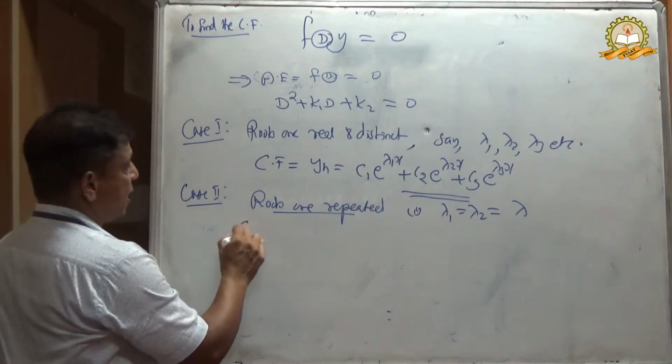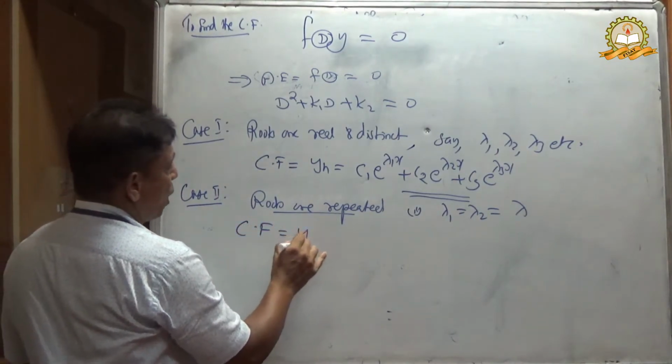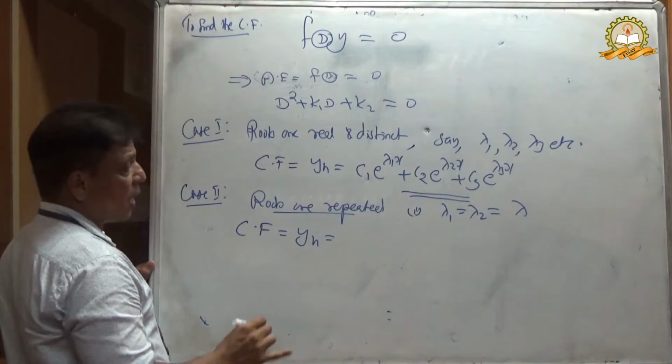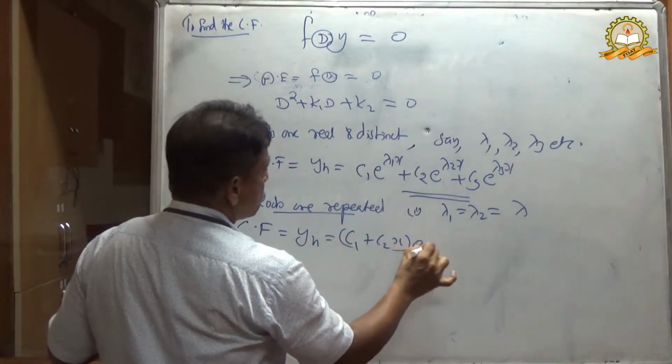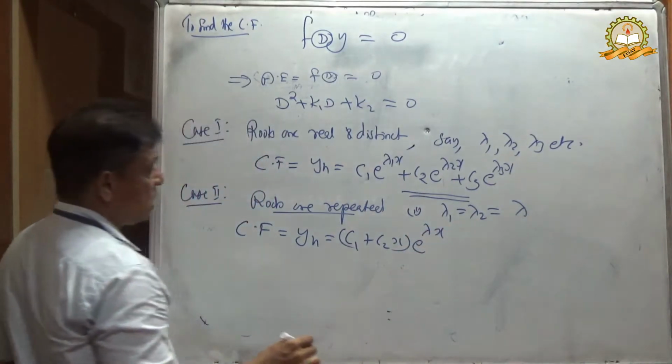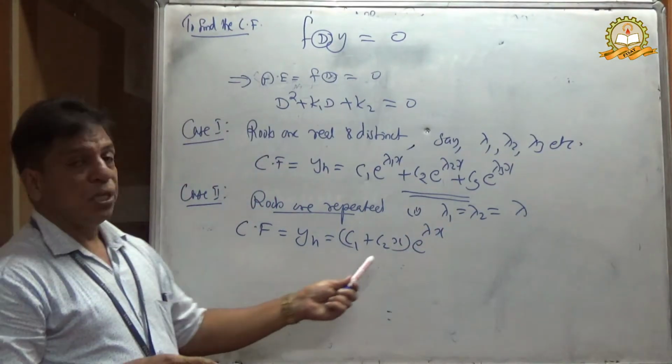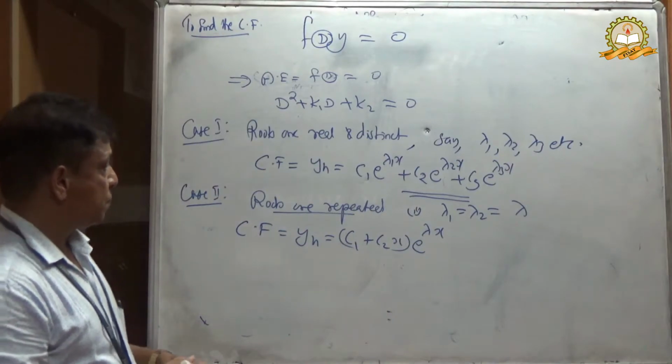Then we can write the complementary function y of h is equal to c1 plus c2x into e raised to lambda x. If the roots